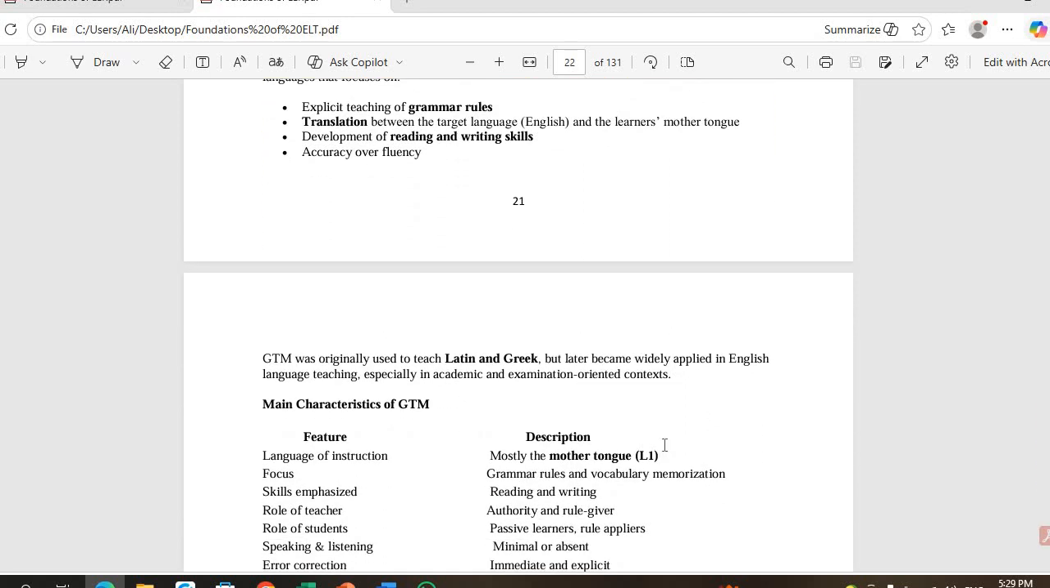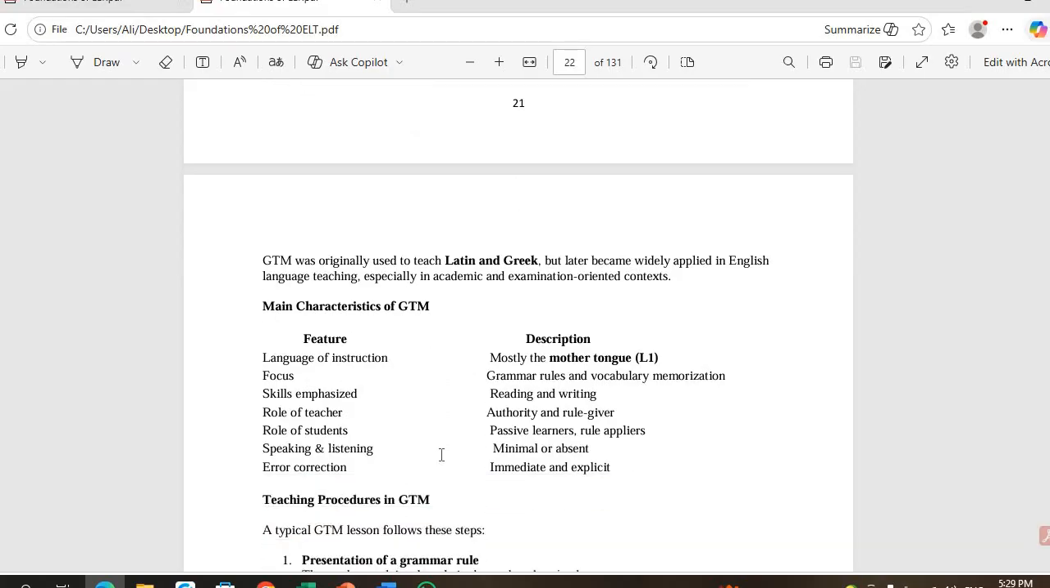So the grammar translation method was originally used to teach Latin and Greek, but later became widely applied in English language teaching, especially in academic and examination-oriented contexts. So if you look at a summary of this,